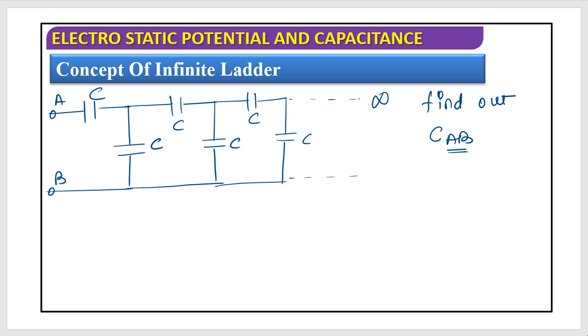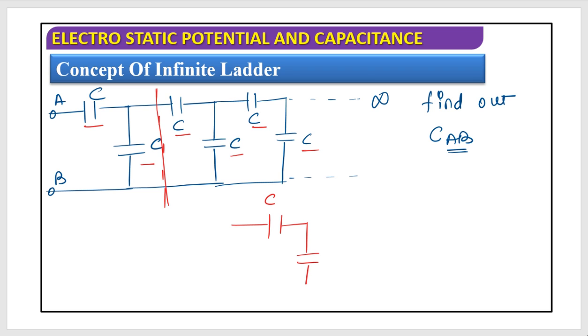So what you can do is assume that from where my circuit is being repeated, if you observe this very carefully, this is the segment where it has been repeated. Look at this, this C, this C, this C, this C, this C, this C. Yes, so this segment has been repeated. So just segregate this from here, and replace this capacitance, that this is C,